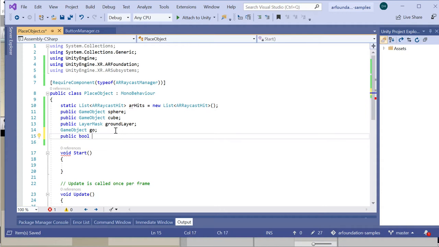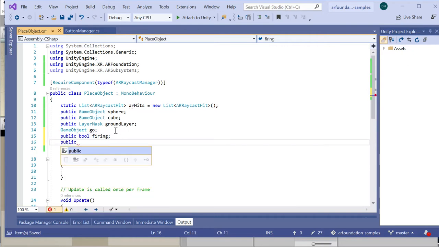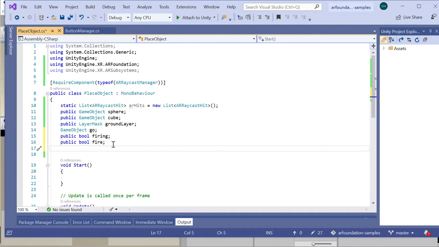If we're firing them slowly, we'll need two variables, one that tells us we're firing and one that tells us to fire. So that's when we're shooting things like spheres and cubes or whatever, projectiles out of our camera into the scene. And we want to actually see that motion, right? Otherwise, we can just pop them into place on the plane that it finds,